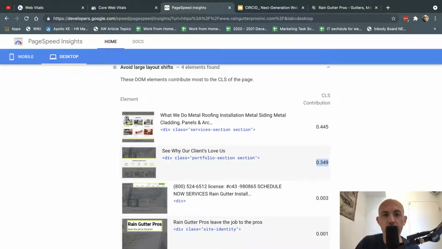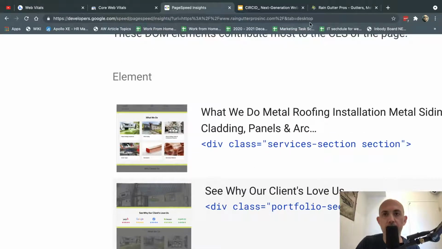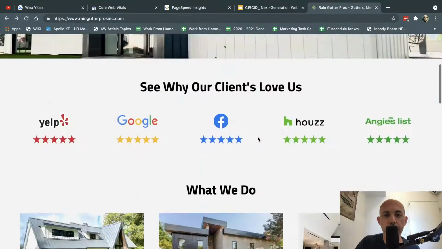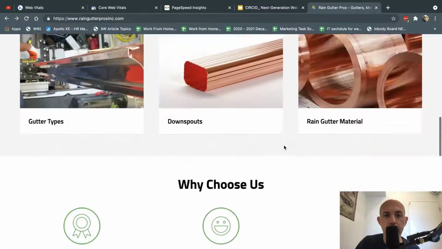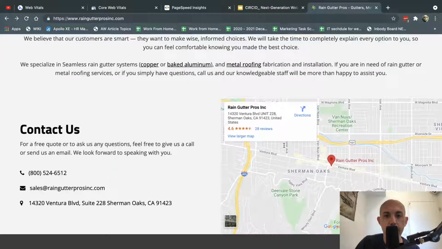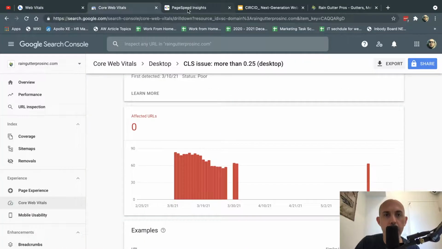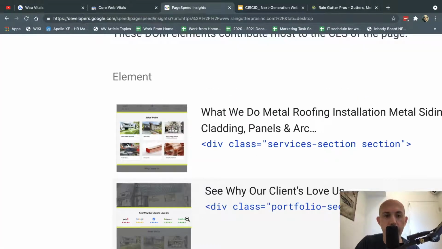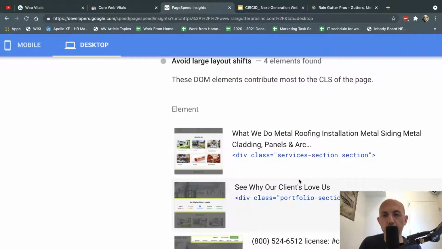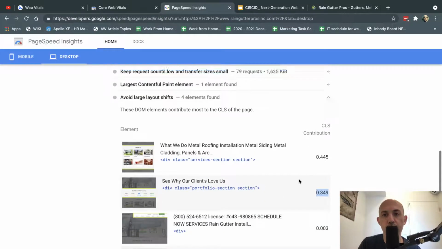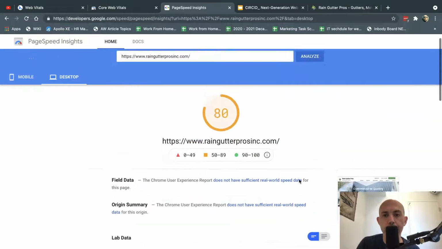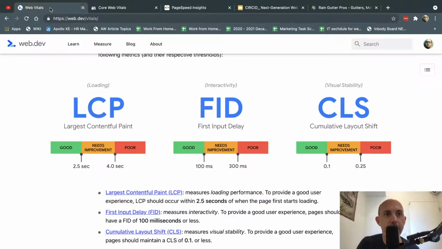So I would basically focus on these two elements, this one and I believe this one. Let me double check that. Let's go right here, and this one, C-Wire Client. These are the ones that I basically want to improve. Then you'll have to give it to a developer and tell them, hey, I don't want it to shift. They'll fix it, and then you rerun the score, and you're good to go. So these are basically the most important things.